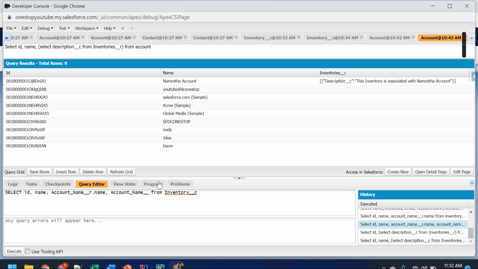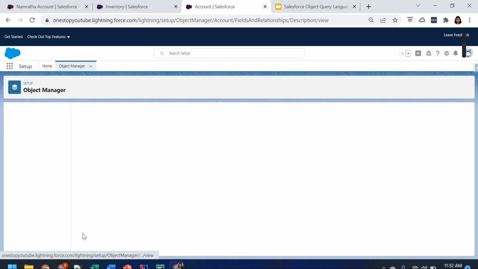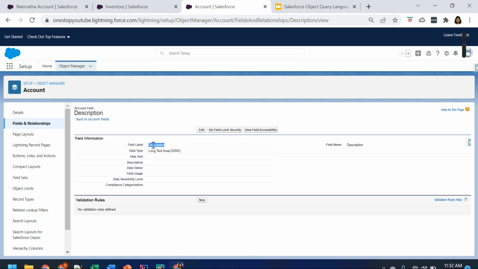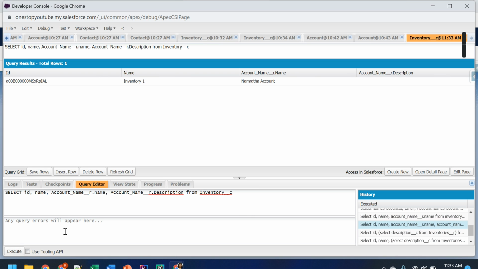Then again you array this dot, what is the description, from inventory. So when you try to execute the query, it will give me the ID of the inventory, the inventory name, for this inventory the account name, and if you have any description for the account. So this is how you will be able to write the child to parent related query,